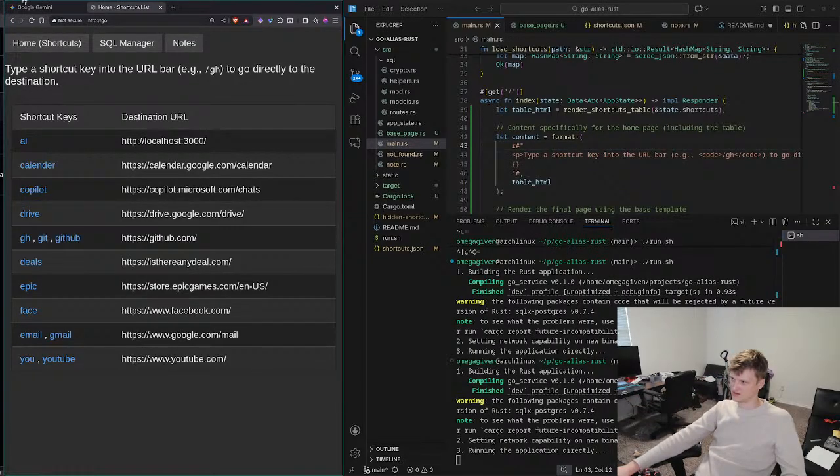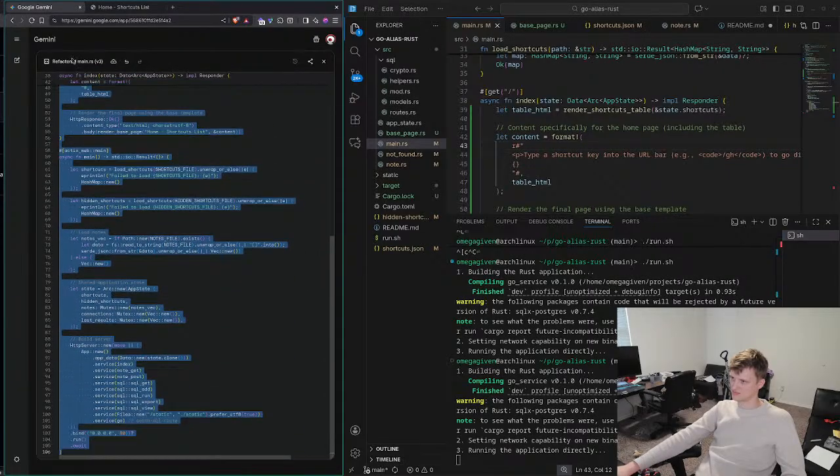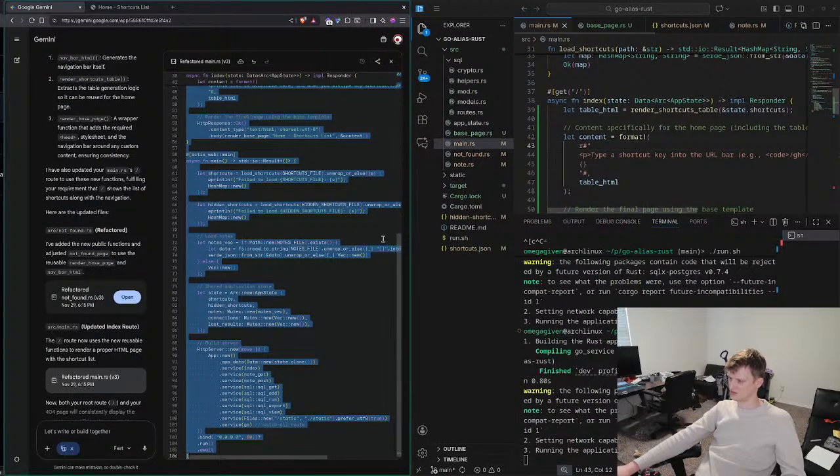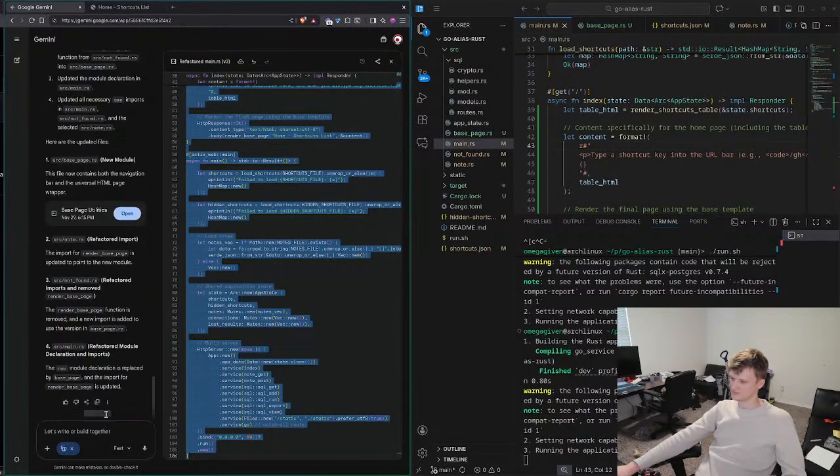So let's do that. So Google Gemini. We might need to give Gemini a little bit more space. Okay. This looks great. Now I want to add a new button to the home